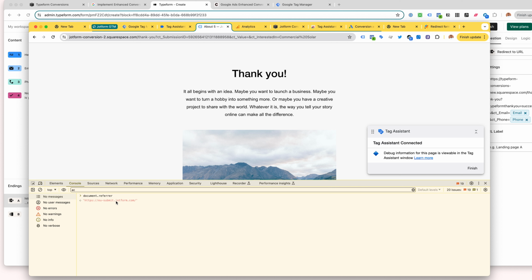And the problem is that Google Analytics will often mistake this for a traffic source. So when you see, hey, where did we get all these bookings? Sometimes it's going to say typeform.com,